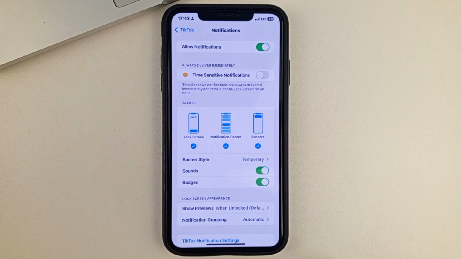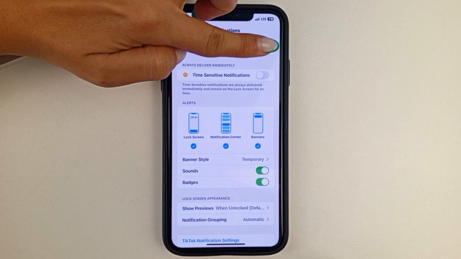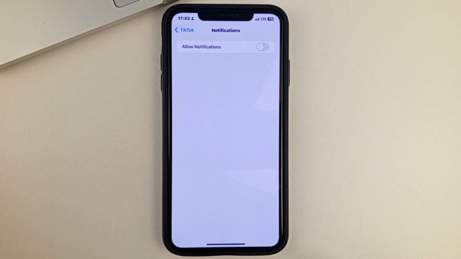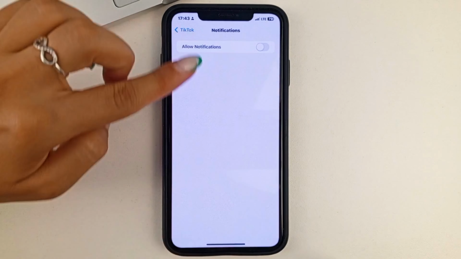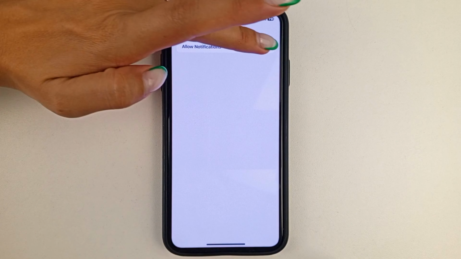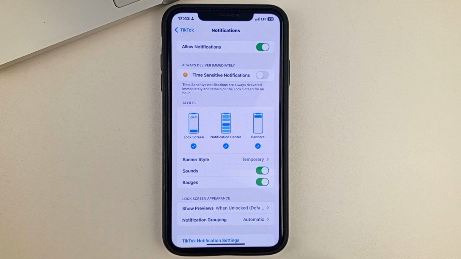So friends, what can you customize here? The very first thing is you can completely disable any notifications so that they will absolutely not come to your phone. To do that, you'll need to go to the top where it says All Notifications. Just turn off this green button right here, so that your screen will be white like this, without any green. That will mean that you've turned off all notifications.